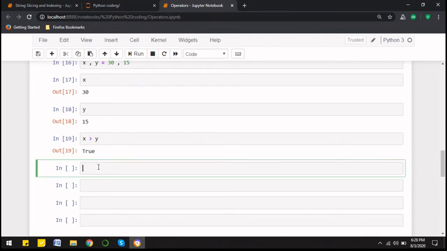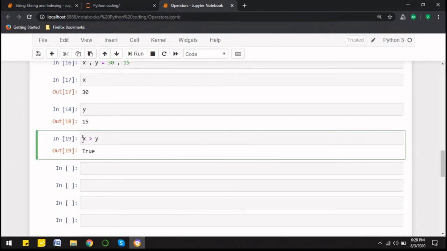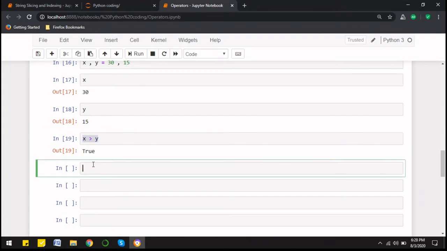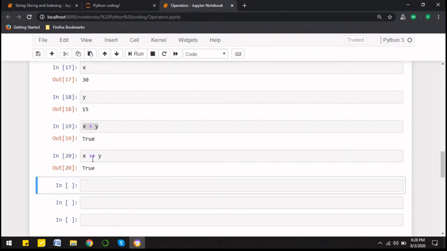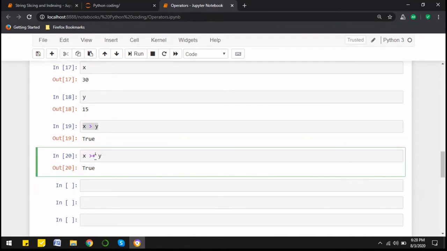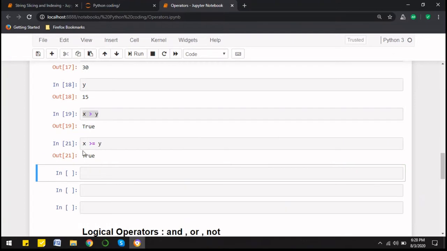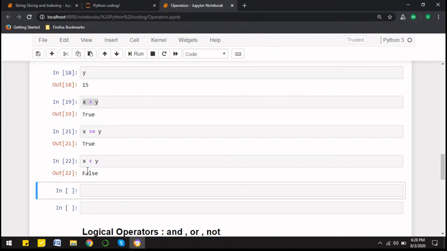Now what we will do is, we'll use the same thing here. Now if I say X greater than or equal to, if I write equal to here, again it is going to give me the same result. Why? Because X is greater than Y. Now X less than Y will give us a false value.